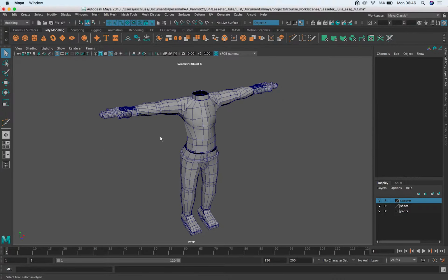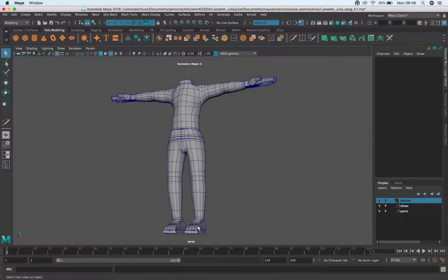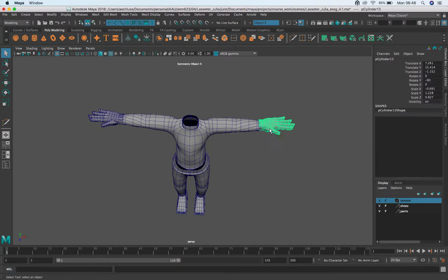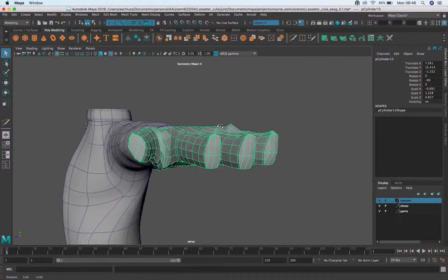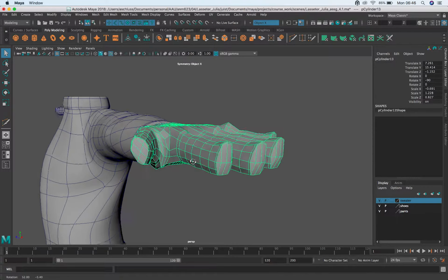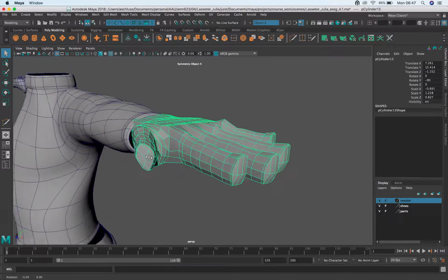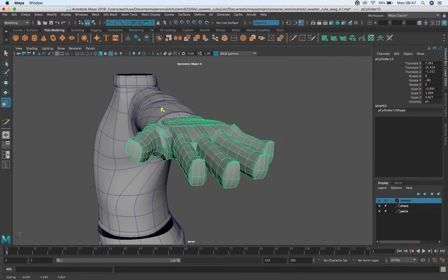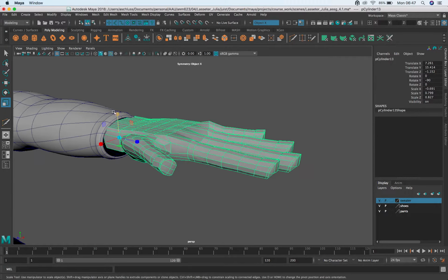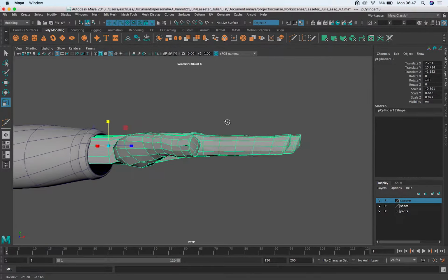Okay, next up is Julia, and yeah, this is looking good so far. Nice all around. The hands look maybe a bit like a long oval shape. I think maybe if you just scale the whole thing up that way, even this looks a little distorted in the way it was scaled. What I'm guessing is you did some of that at one point. I think you'll get that more normal. And then if you want to make it thicker at this point,